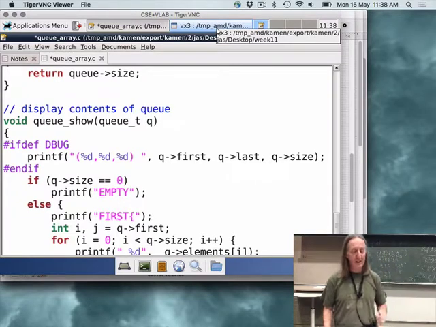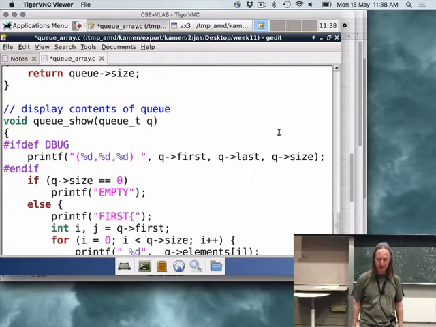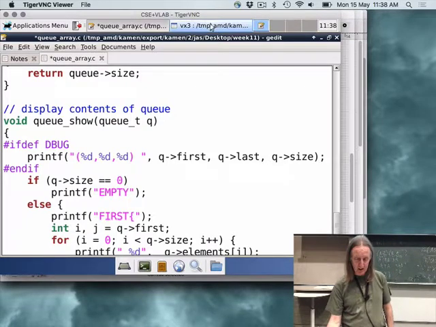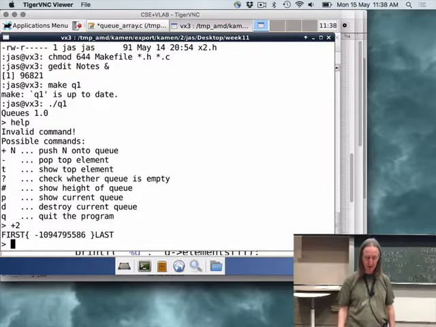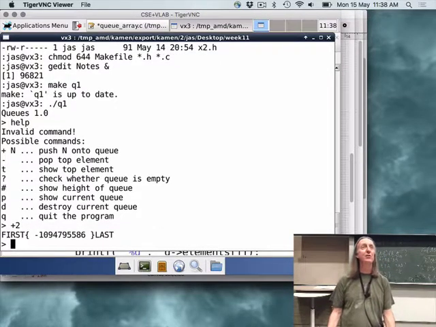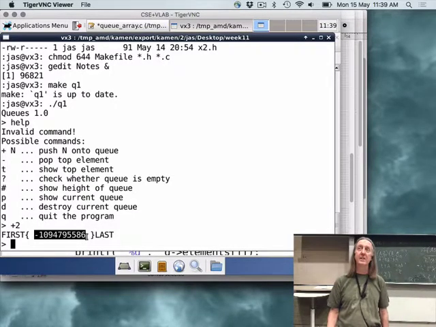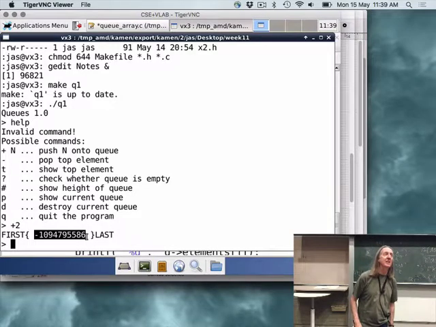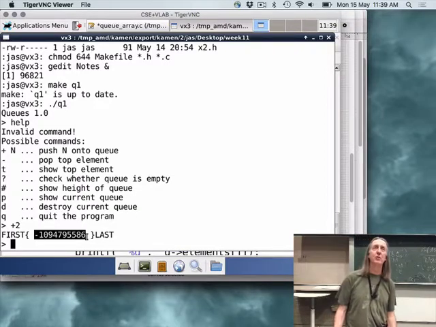So make sure that you don't have that little star up there if you're using gedit. At least that tells you that you haven't saved it. All right, I won't worry because there are worse things that can go wrong with this program. Oh look, I enqueued 2 and printed out garbage. That's interesting. At least it knows that there's one element in the queue, but that's not the element that's supposed to be there. It's supposed to have 2.